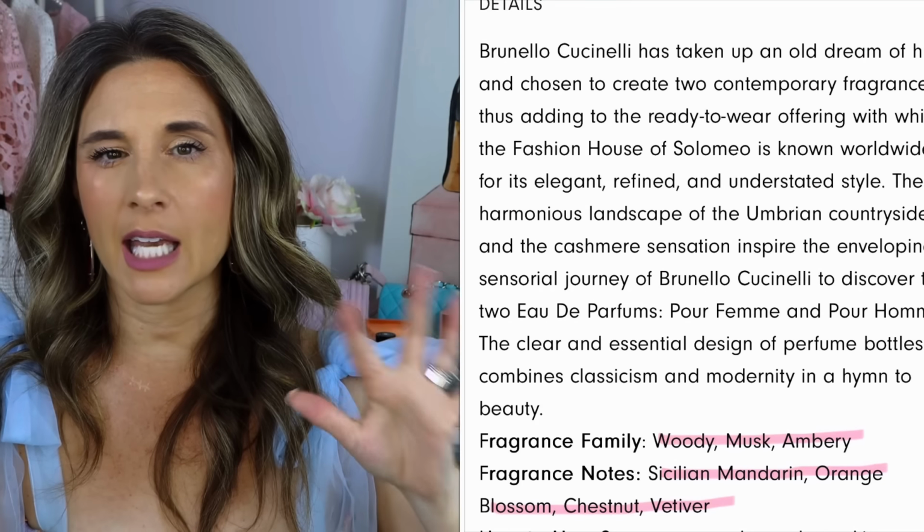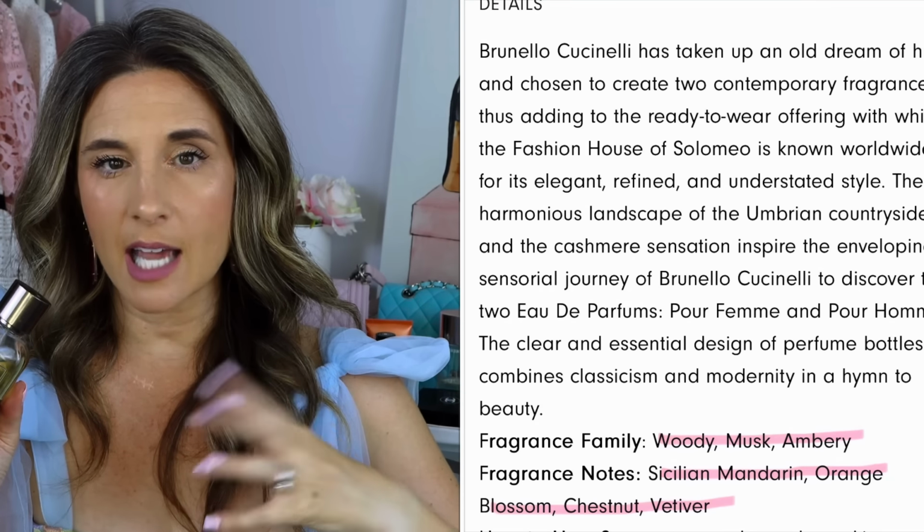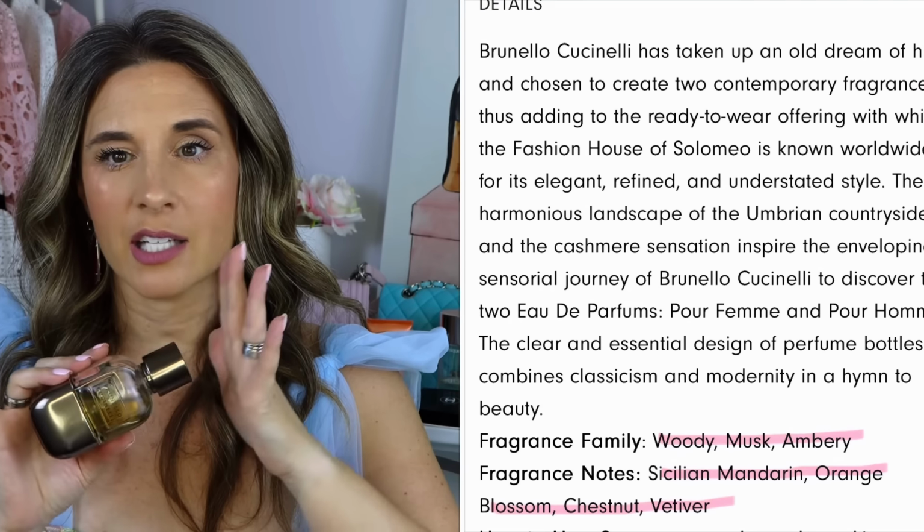So this one is very different than my other scents because there's a bit of a spiciness. Now this is very strong, but it's one of those scents like when you first spray it, it's a little strong, but then throughout the day you smell it, you're like, oh my god, that is intoxicating. So I will put the notes up on the screen. Again, it has a little more of like a spicy scent, and it is different, but I just love it,